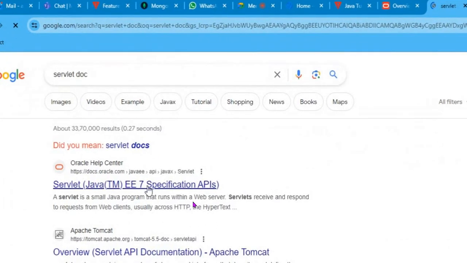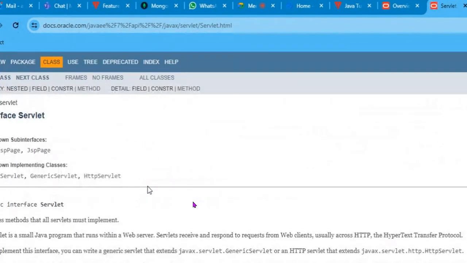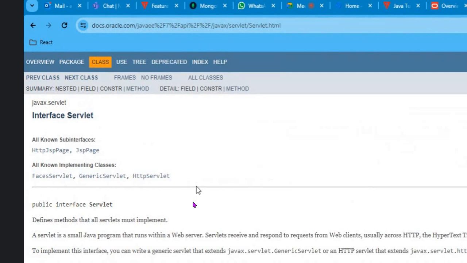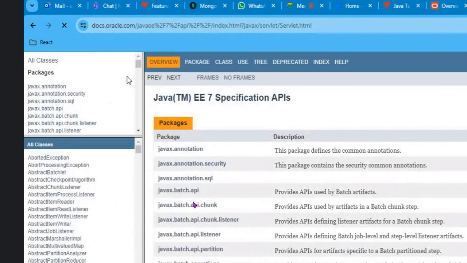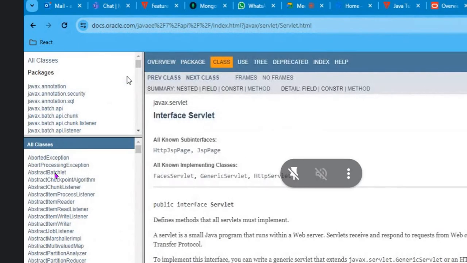Yeah, open this. Click on frames. Second row. You can follow this frame, it will be helpful.